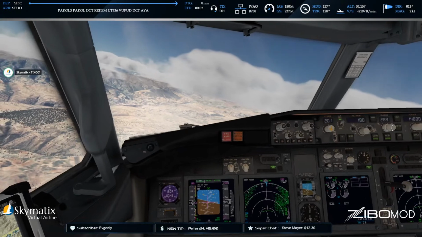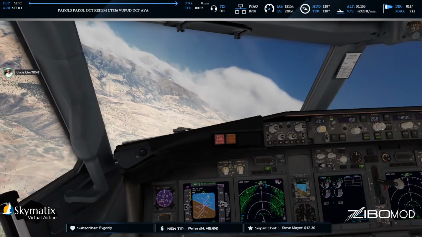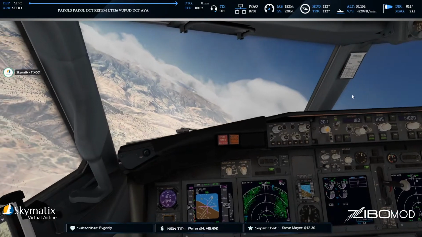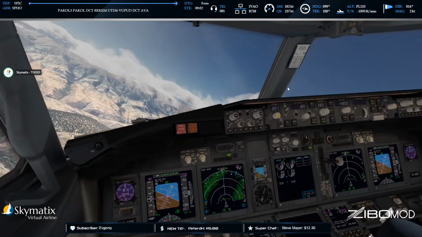So we now need to turn to 85. You got to come back again. Yeah, I'm on my way back now. But I'm also descending now to 14.8, so